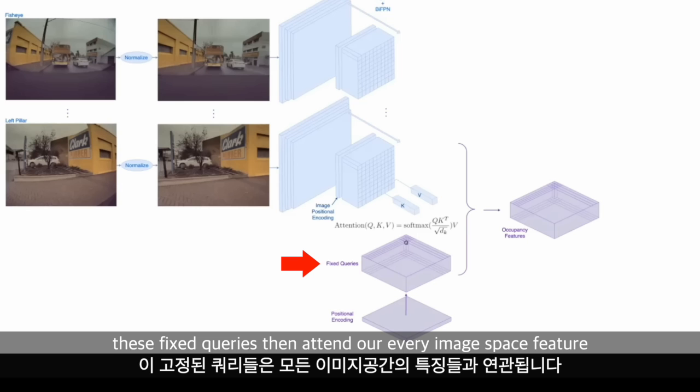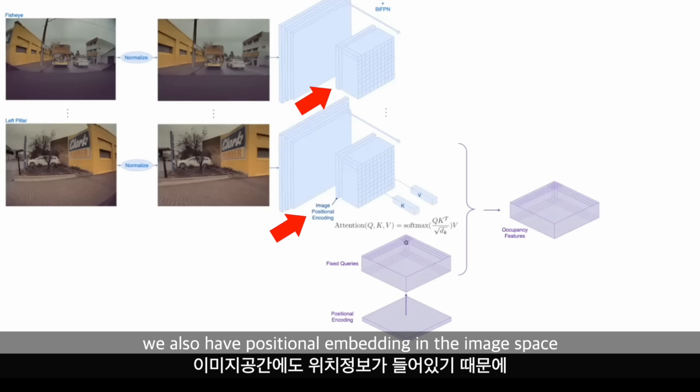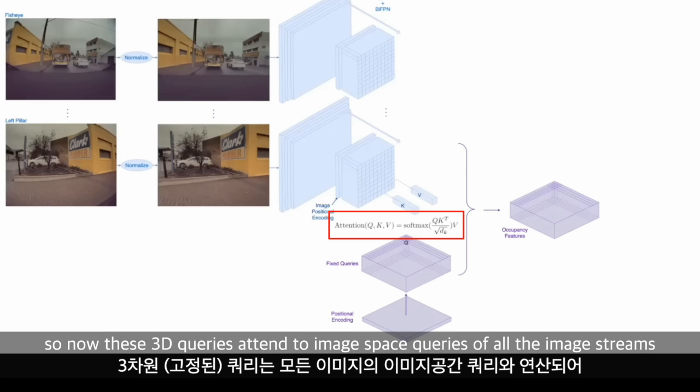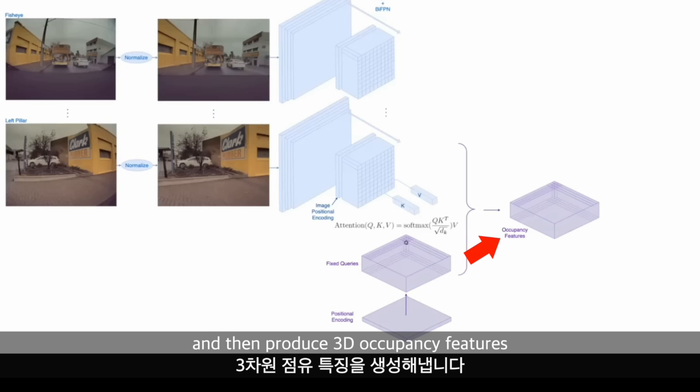These fixed queries then attend over every image space feature. We also have positional embedding in the image space. So now these 3D queries attend to image space features of all the image streams